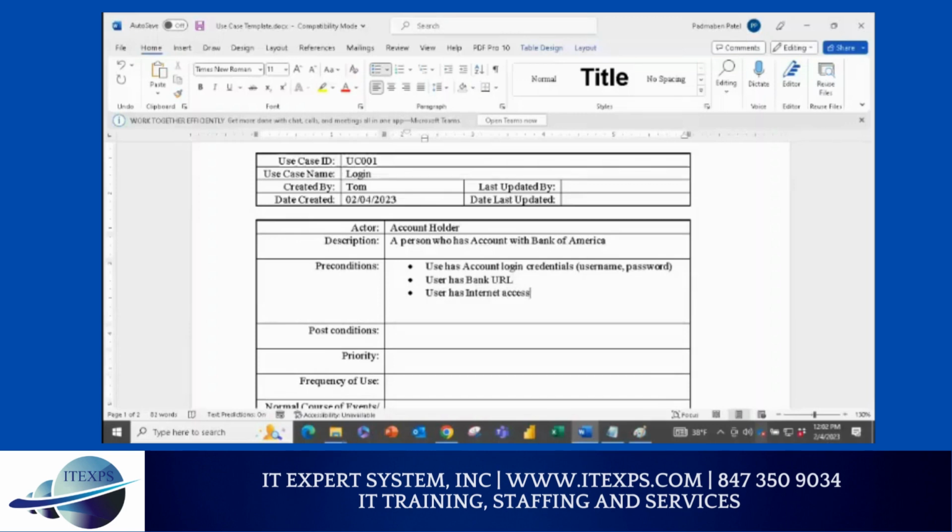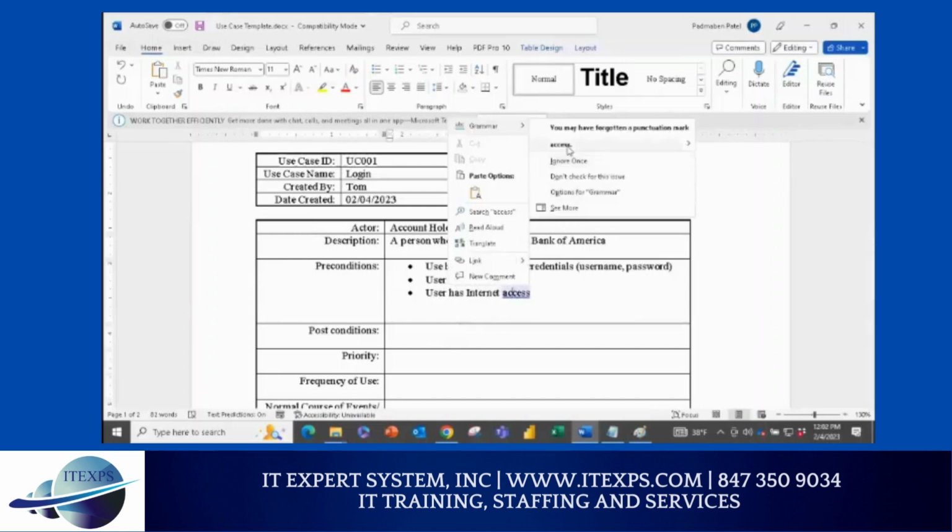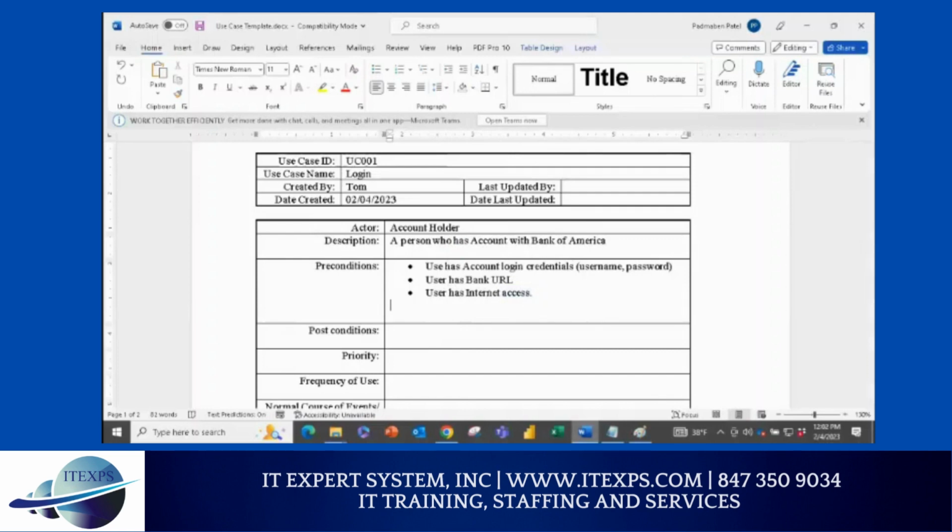So this is very, very simple. Now, post condition. Post conditions are two conditions: one, if you are successful, and two, when you are not successful. Successful means what will happen when I log in? Where would I go? Help me. Account detail page. Yes or no? If I'm successful. And if I'm not successful, where would I go? Error page. So let's click on the bullet points and here say, upon successful login,